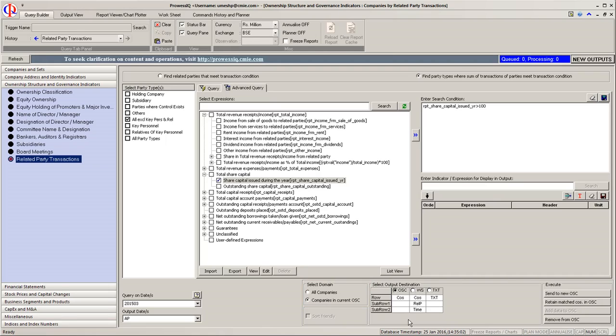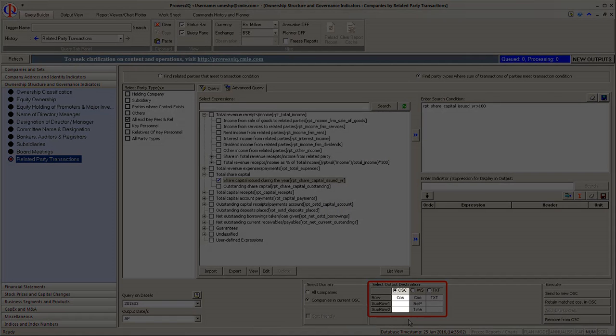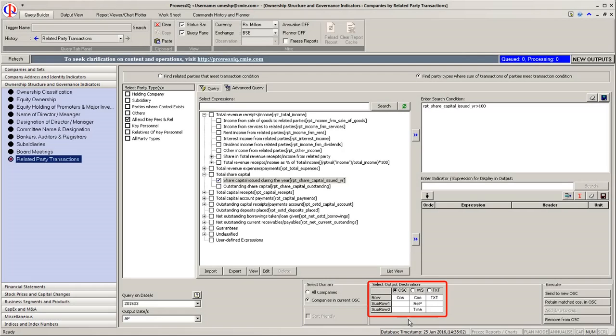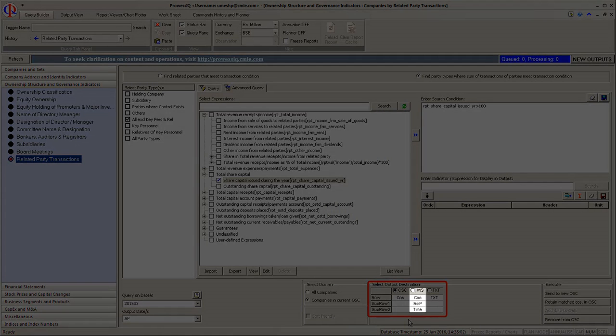The seventh step is to select the appropriate output destination from Select Output Destination box. There are 3 formats possible. The first is the OSC format, which lists the names of the companies without any additional data. The second output destination is the WS, which is the worksheet, which displays the company names along with its data.